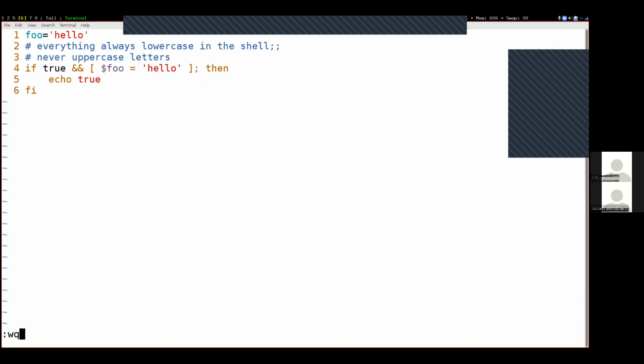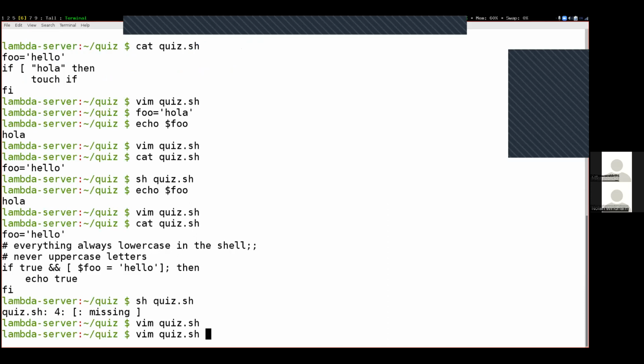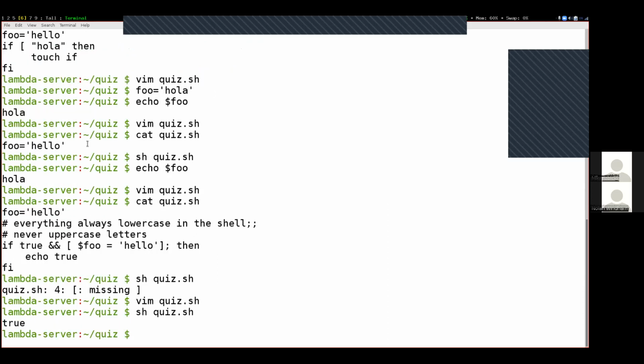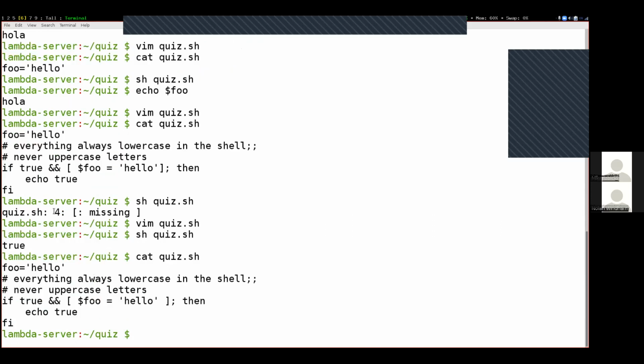But eventually you'll be writing your own shell script, and so you'll need to be aware of that. So now we write that, run that, and we get true right here. This evaluates to true because the left-hand side of the and is true, and this right-hand side gets evaluated to true because foo here is equal to hello up here. If I change this, open that up,